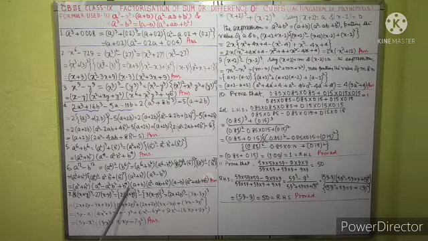Now this total is a and this total is b, that is, 2x plus 2y is a and 3x minus 3y is b. Now the a cube minus b cube formula is applied here, and the answer is this: a minus b into (a square plus ab plus b square). So you can easily calculate it now.